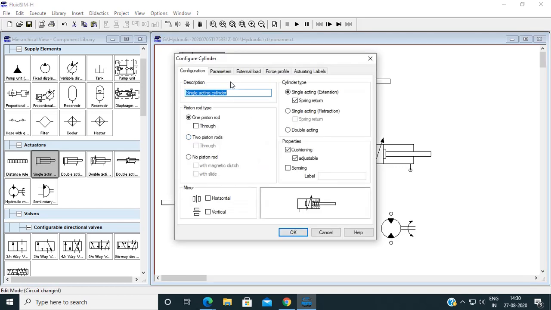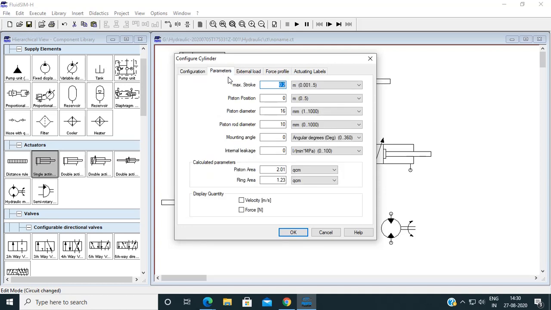Double click on it. If you want to change the position, horizontal or vertical, you can change it from here. Next is parameters. In parameters, you have to give the dimensions of the actuator: maximum stroke length, piston position, piston diameter, piston rod diameter, mounting angle, and internal leakages.